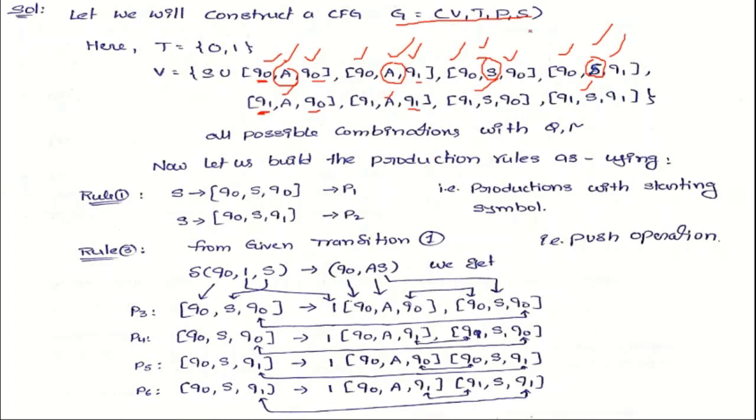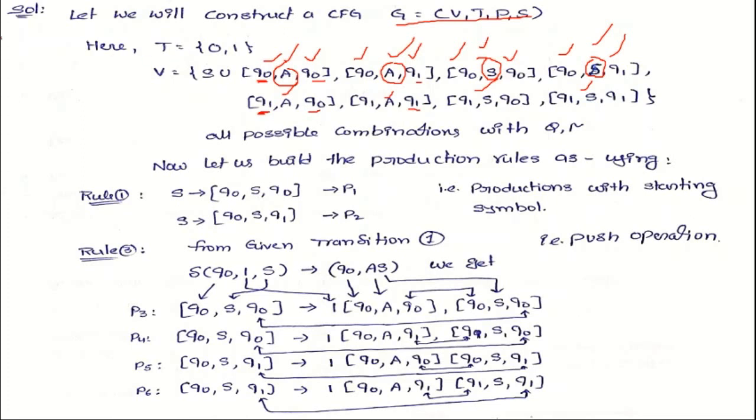now we try to find production rules for the given pushdown automata to their equivalent context free grammar. Whenever we are converting from pushdown automata to context free grammar, then how to translate from transitions to their equivalent production rules. So just now we discussed some algorithm. It contains 3 steps or 3 rules. One rule is for starting state, one rule is for push operation, another rule is for pop operation.